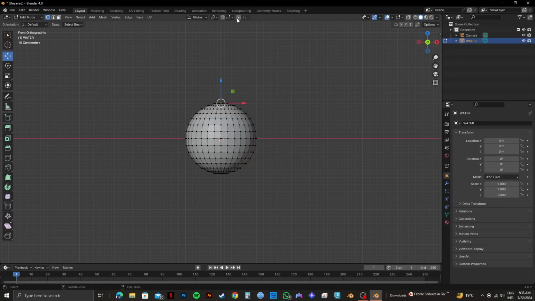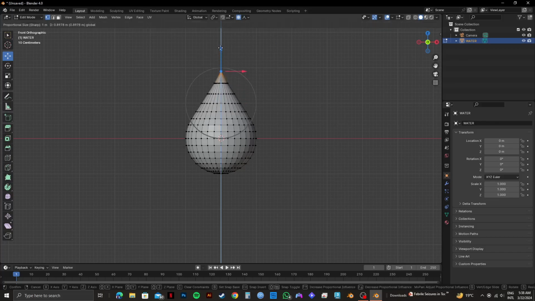From the top panel, click on this dot and then select this drop-down menu. After that, select Sharp from the options. Now drag the sphere again and this will turn it into a droplet shape. So adjust it until you're satisfied. Once you're satisfied with the result, check it out once again and make sure that it's